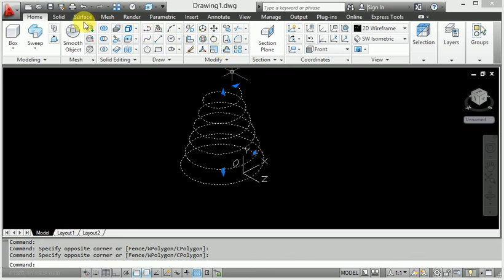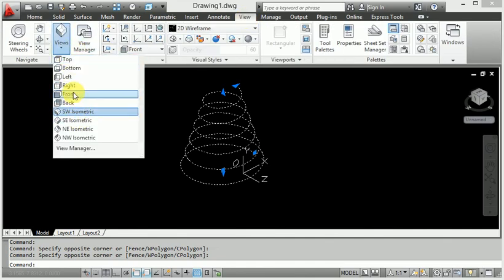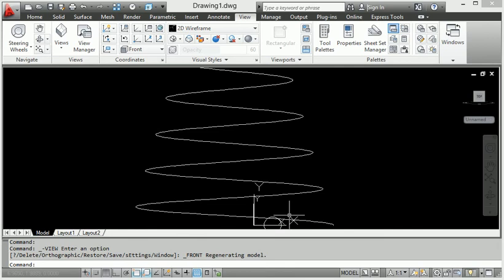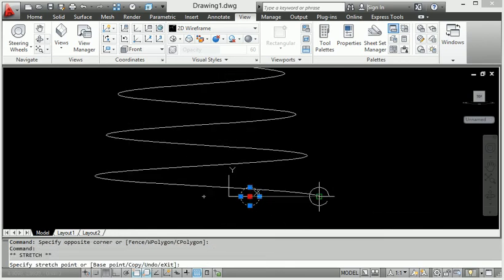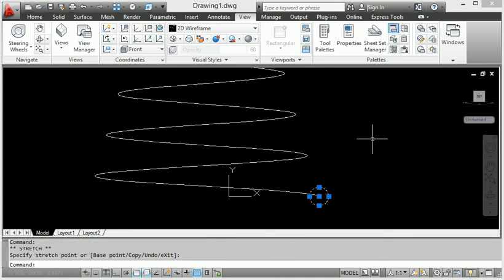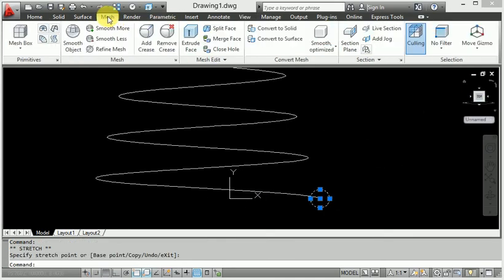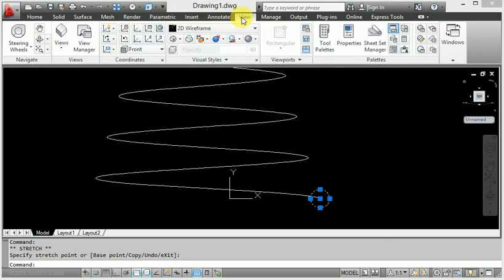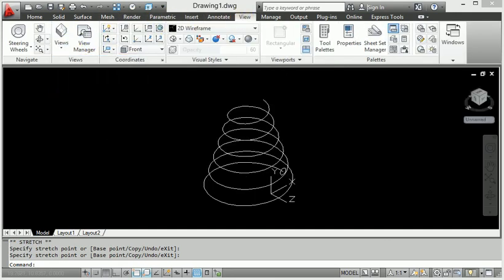Now again I will show you the views here. First select this view, I will show you the front view. Then this circle has a position to exit here, then I get the position. Then right now again I will show you the isometric view. When switching to the isometric view, here you can see the isometric view.